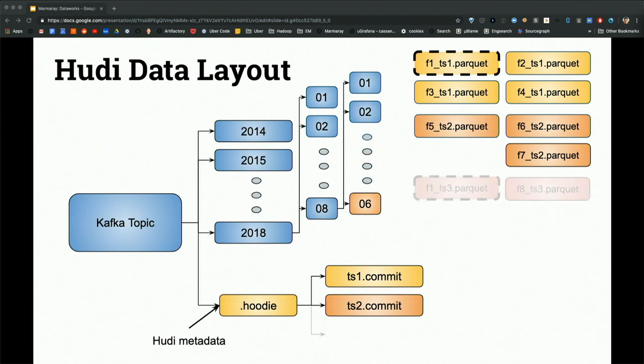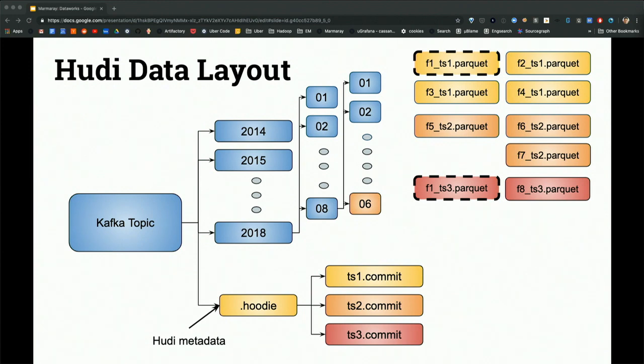Now the next batch, what happens is we actually updated some records in Hoodie, again, using this abstraction of updates in our storage library. And so what we do with Hoodie 1.0 is we actually rewrite an entirely new Parquet file, and now queries will go to this file. And so we have a flag in our ingestion system that we tag every record, whether it's an insert or an update. So insert records are bulk inserts into our system, which is very cheap. Updates are a lot more expensive.